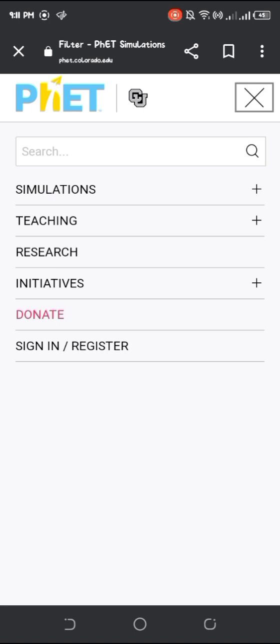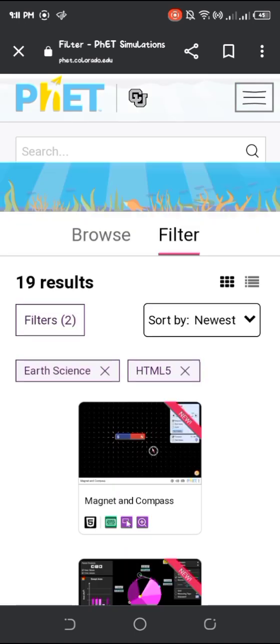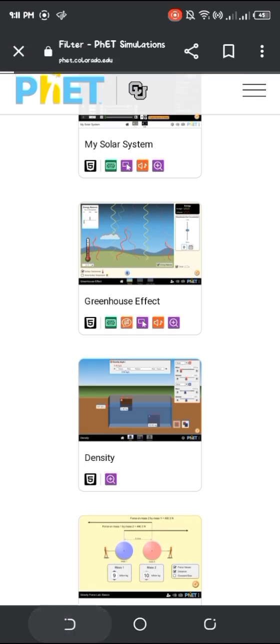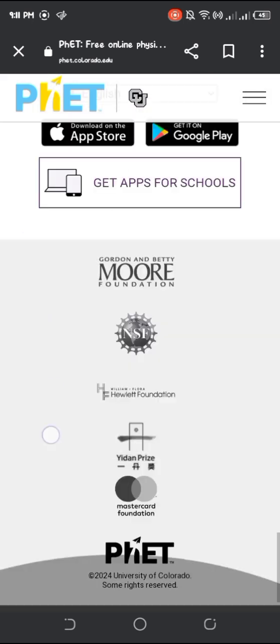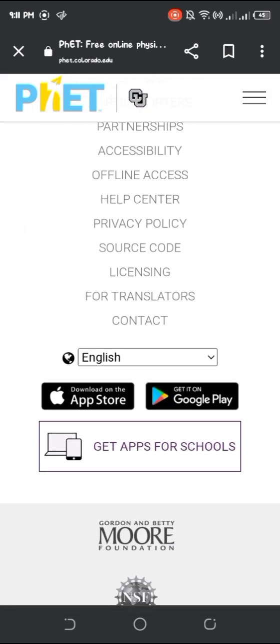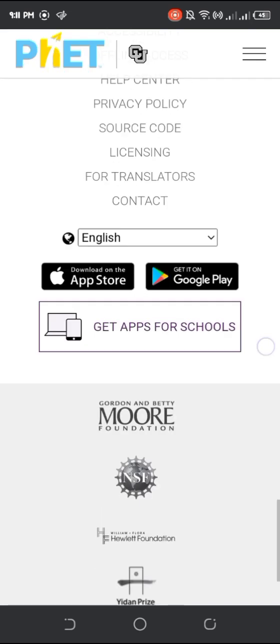It also has simulation, teaching, and research initiatives. You can also donate and you can sign in or register, so you can access all their games that they have on their website. And also you can download it on your phone via Play Store or Google Play, or if you have an Apple device, then you can download it in the Apple Store.